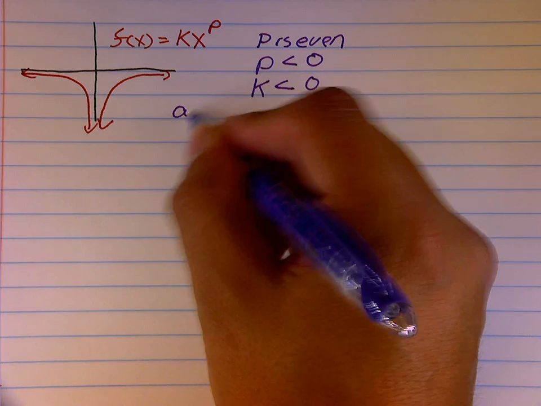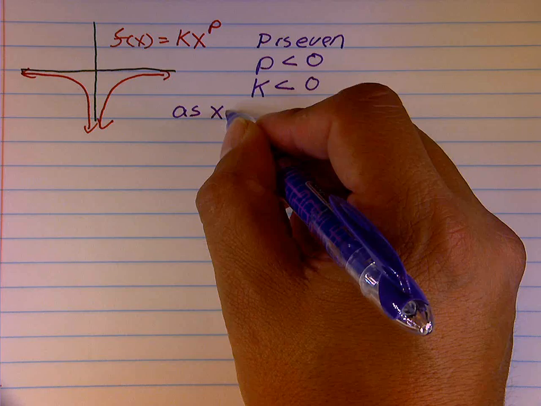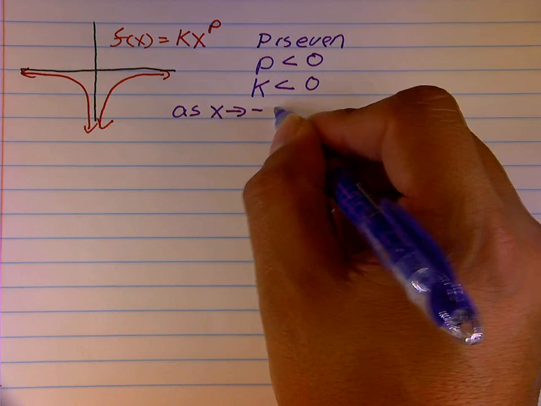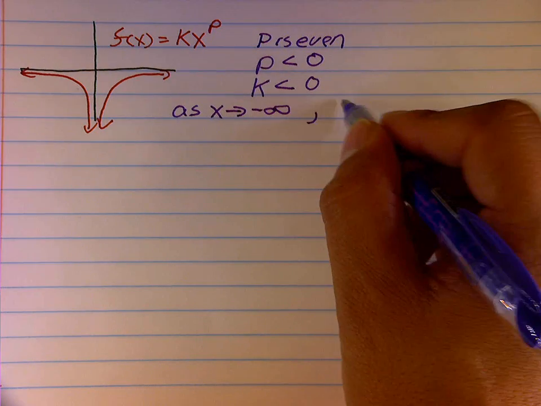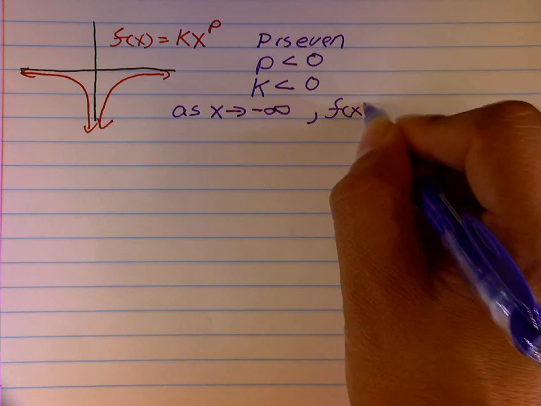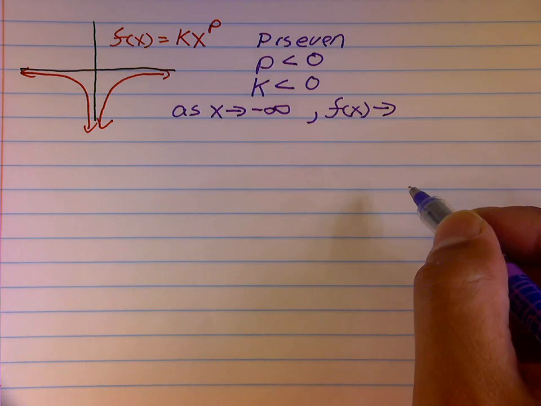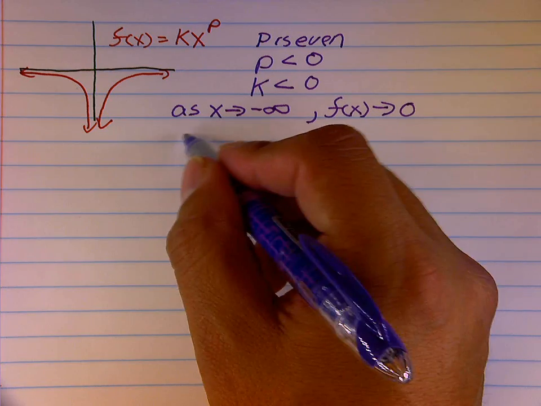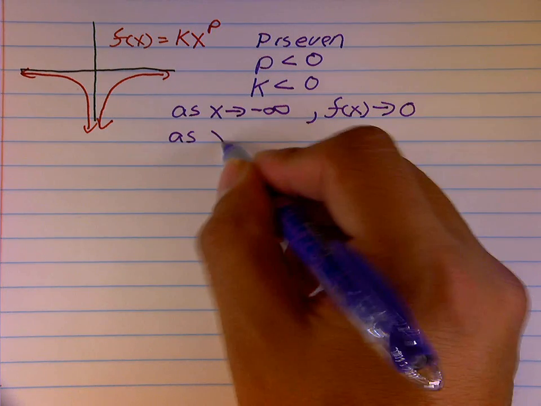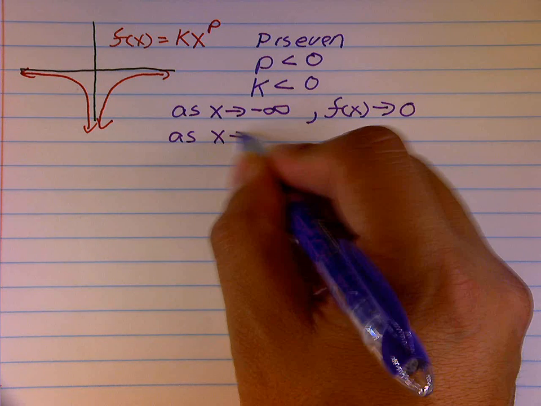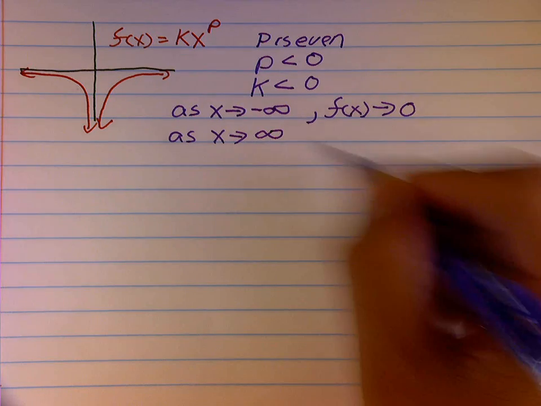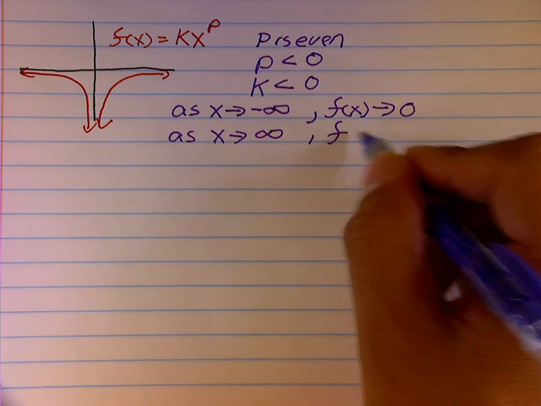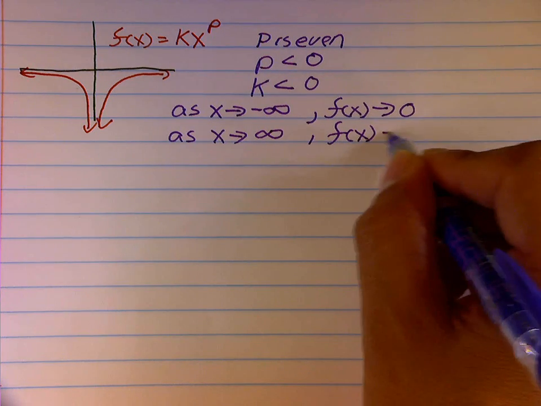Left-hand side, as x goes to the left, y, or f of x, is going towards 0. As x goes towards the right, y, or f of x, is going towards